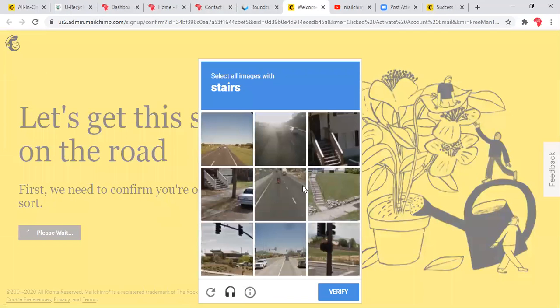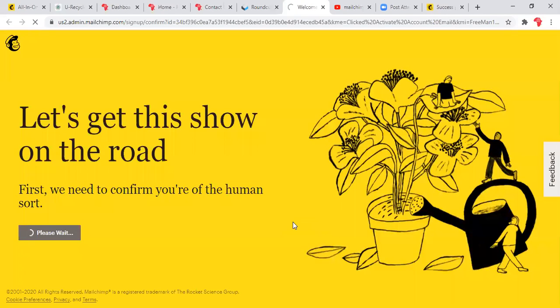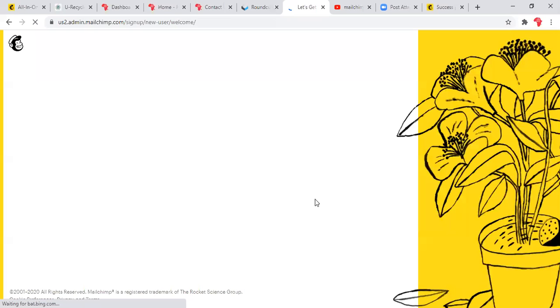So you do your reCAPTCHA, then I verify. That is taking me into the MailChimp